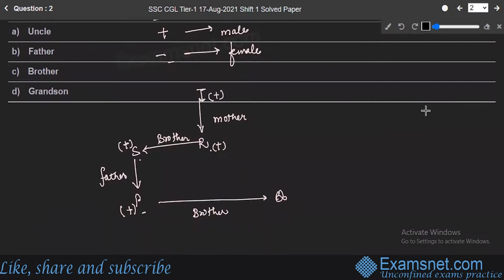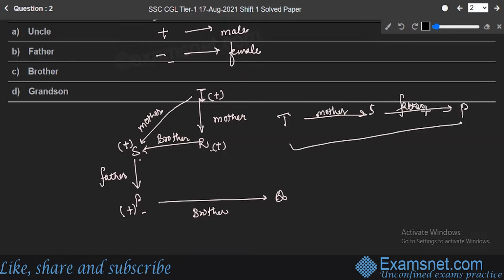See, if S is brother of R and T is mother of R, that means T is also mother of S. Obvious thing. That means R and S, they are brothers. If T is mother of R, T is mother of S as well. Correct. Now you have to find out the relationship between T and P. See, T is mother of S and S is father of P. That means obviously P is grandson of T